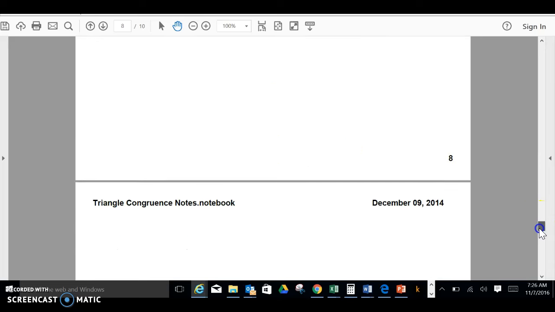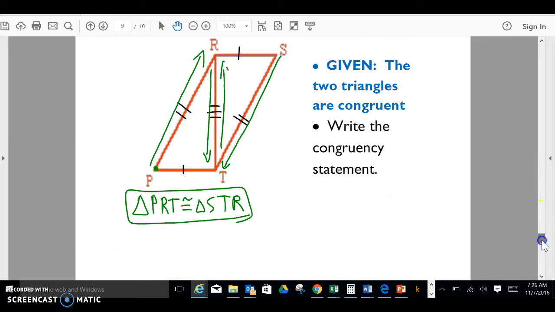Okay, the two triangles are congruent. They're telling me that. All right, so you have two triangles kind of connected here. Sometimes it looks a little different, or it's a little hard to name them, but write the congruency statement. Okay, so I started at P, and I went from P to R to T, and I